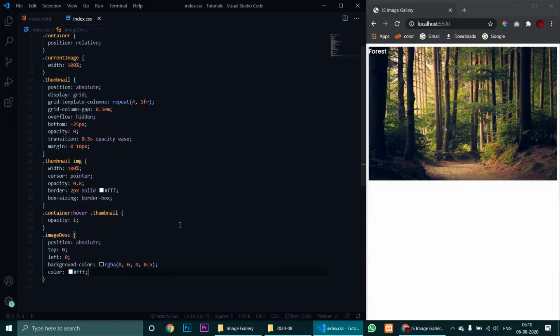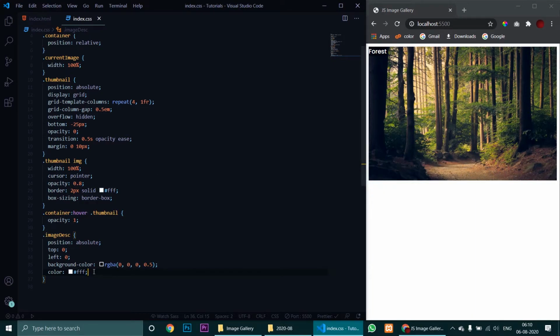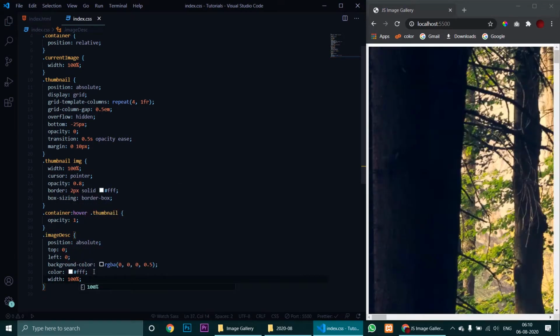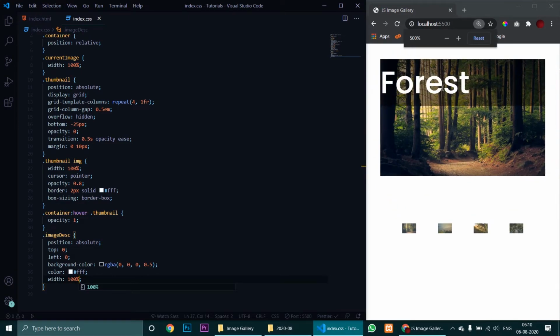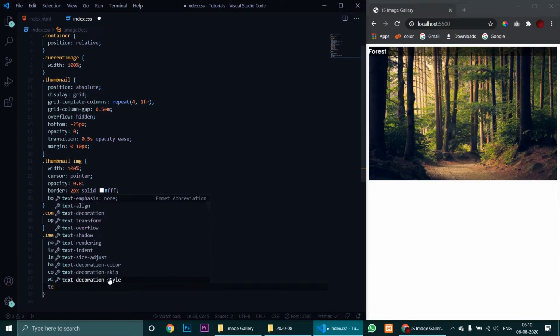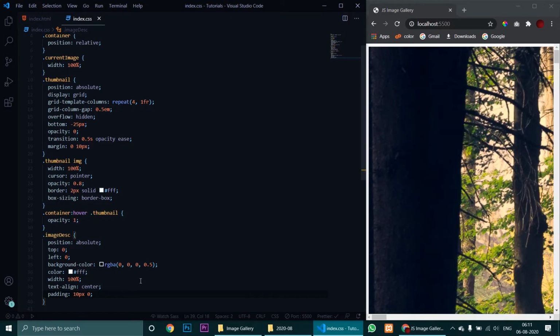Yeah, now it is visible, but we need it to be stretching across the width of the image, so we need to specify the width of 100%. Yeah, now the background is, as you can see, stretching across the width of the image, the complete background. Now we also need to align it to the center, so text align center. Now it is perfectly at the center, but we also need to give it some padding so that it looks good. A top and bottom padding of 10 pixel and left and right of nothing.